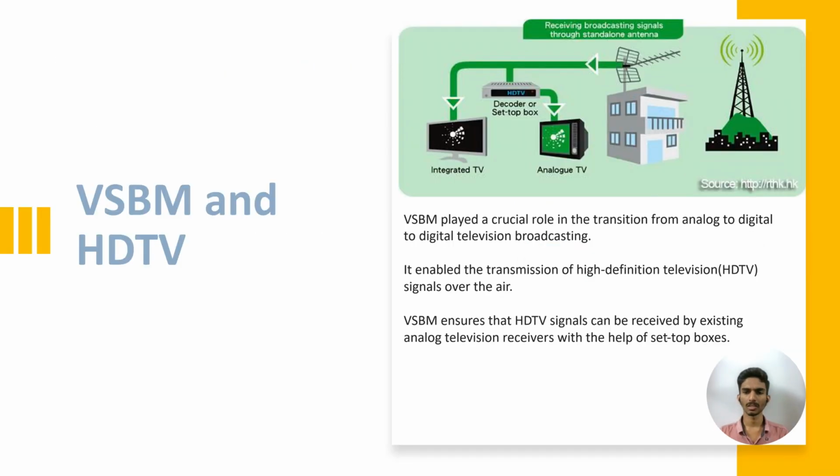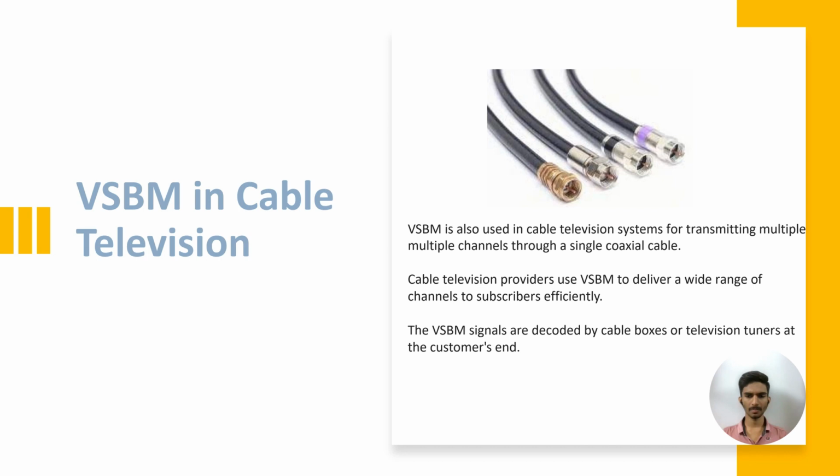So let us discuss some applications of vestigial sideband modulation. Vestigial sideband modulation and HDTV. Vestigial sideband modulation played a crucial role in the transition from analog to digital television broadcasting. It enables transmission of high definition television signals over the air. VSBM ensures that HDTV signals can be received by existing analog television receivers with the help of set-top boxes. The second application is